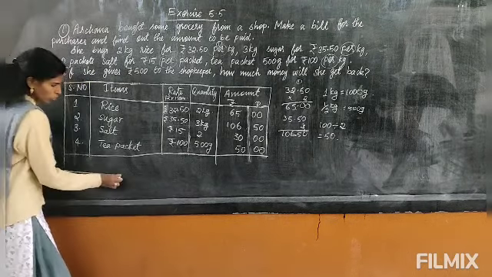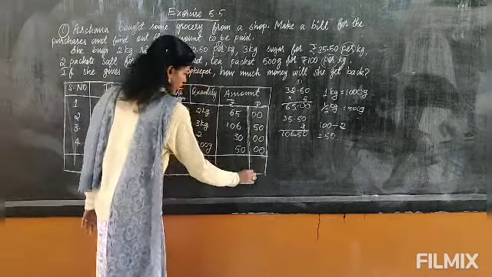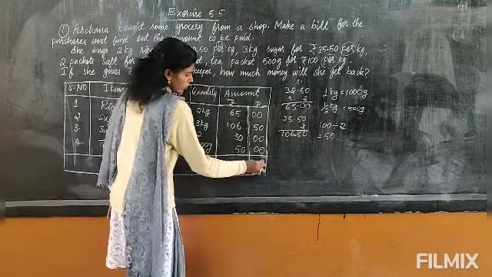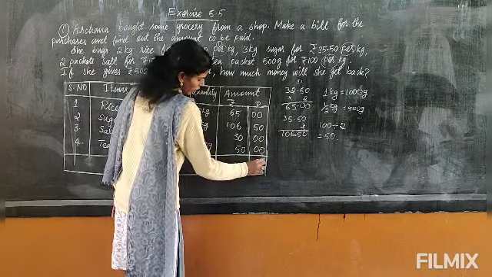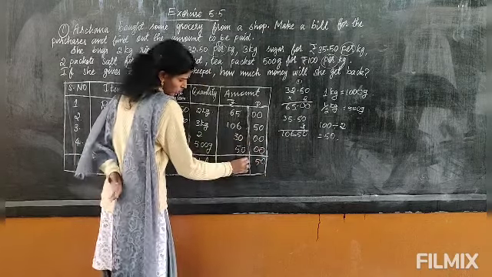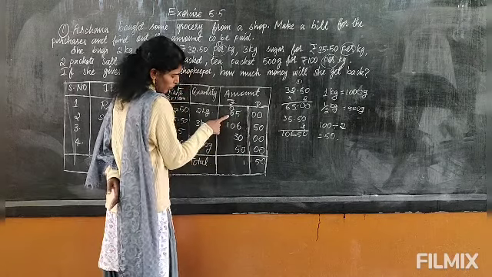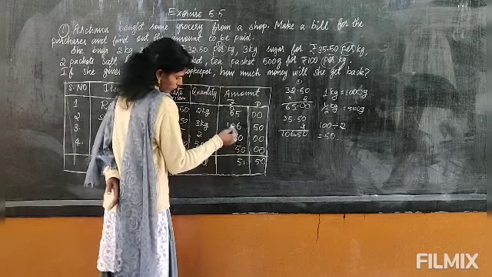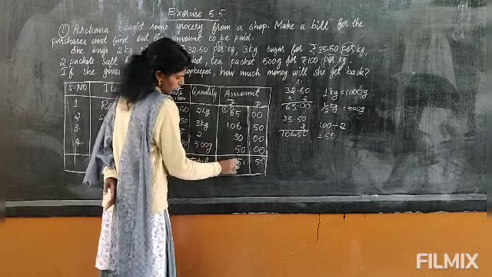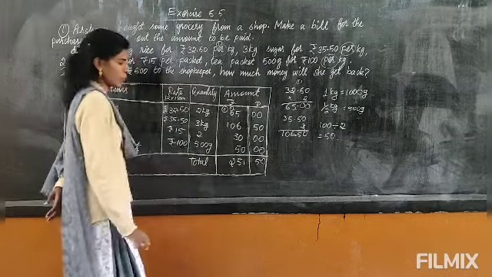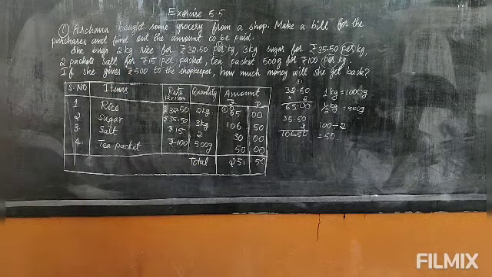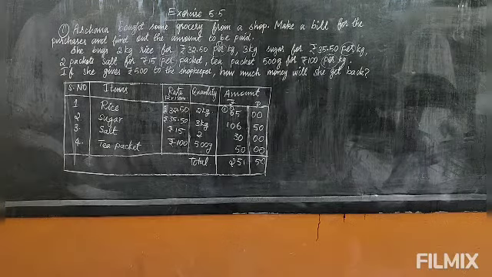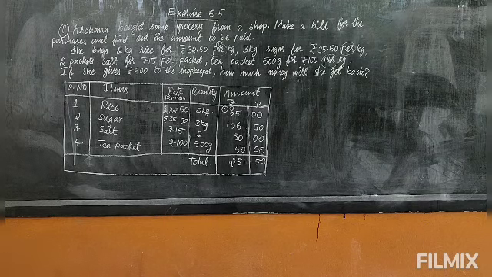Now we have to find the total. Let's find the total amount. You have to add. 0, here only 1, 5, and here 5 plus 6, 11. So 1 you will write, 1 you will carry here, 1 plus 6, 7, 7 plus 3, 10, 10 plus 5, 15. So 5, 1 carry here, 1 plus 1, 2. So it is 251 rupees and 50 paise. That is the total amount she has bought.